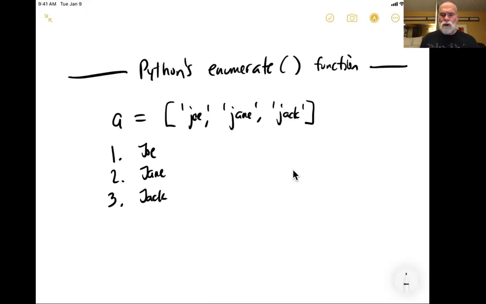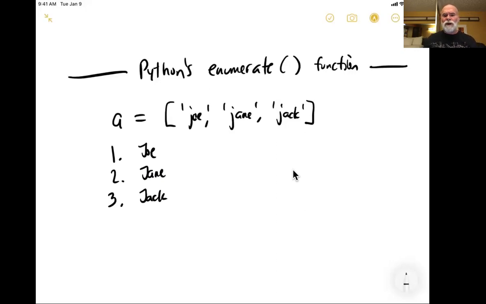Now we could go about doing that with some hard coding and just create an index and output both the index number that we generate along with the string list element, Joe, Jack, or Jane. But we can do this in a sleeker, easier way, using kind of one line of code if we use